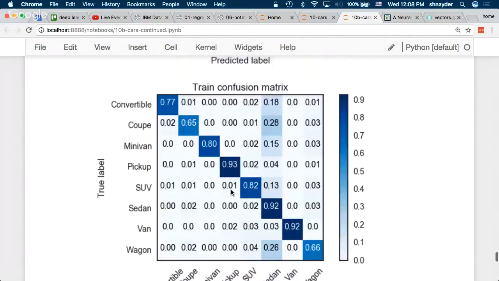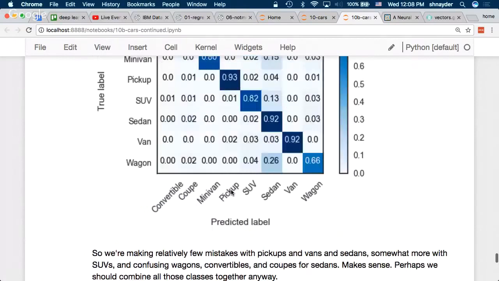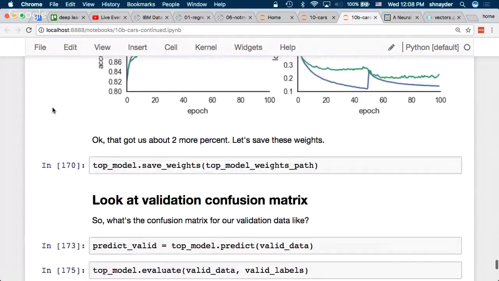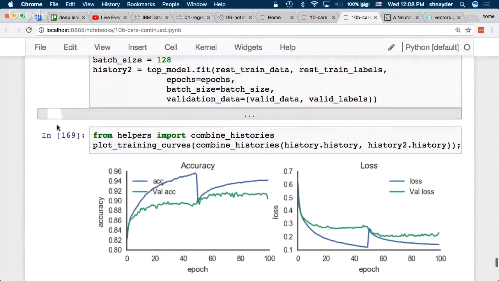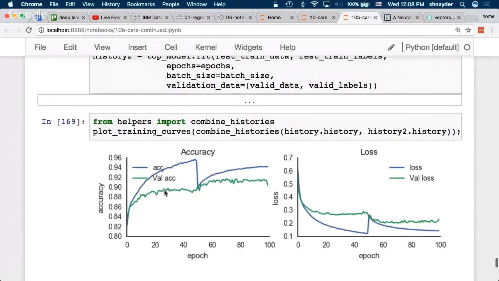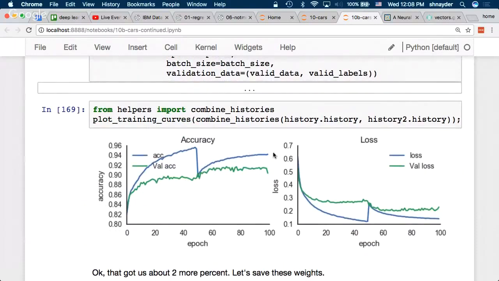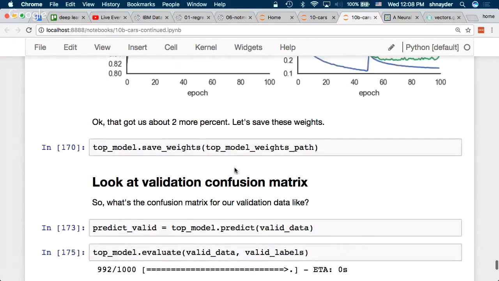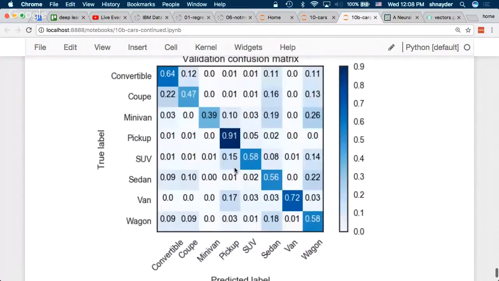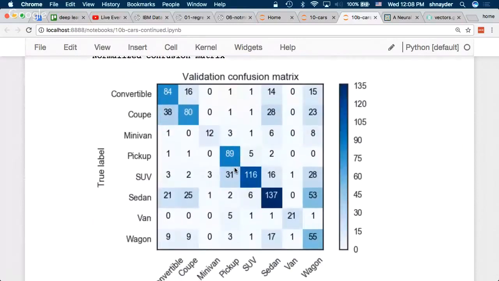So you could certainly continue further to mess with it. Well, I guess one thing I did after this is throw in the rest of the data, right? So rather than just my 2,000, I put in the rest of the data, and that's where it bumped up the accuracy by another couple of %. So more data is helpful, especially when you're overfitting. And then I stopped. Yeah, so validation confusion matrix. Now it's at least using all the labels. Still making mistakes.